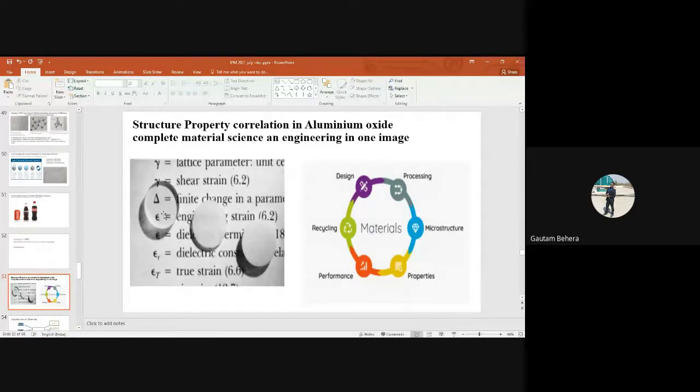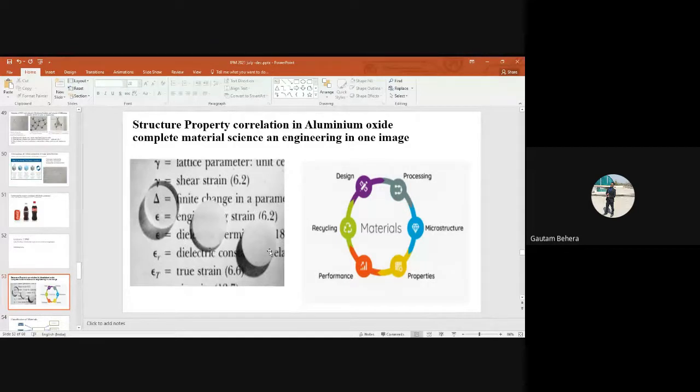But this disc of alumina is completely transparent. We are able to see the letters. Here, this is somewhat translucent. We can see something is there, but not exactly what the letters are. But this one is completely opaque. The material is Al2O3 alumina, but the optical property is different because the processing is actually different, right?